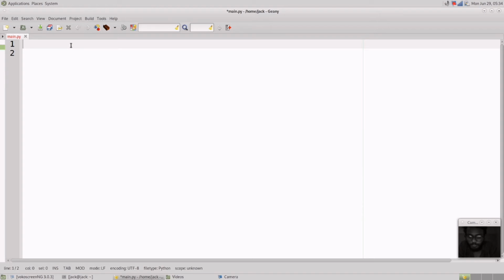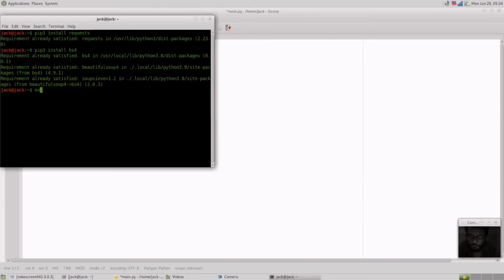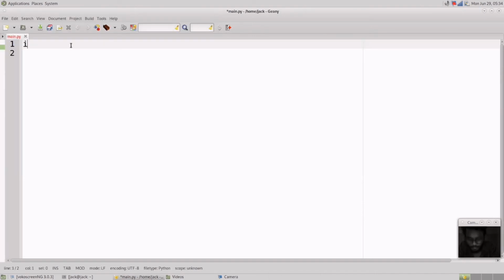So open a terminal and just hit pip3 install requests. You can see requirement already satisfied. Then pip3 install bs4, which means Beautiful Soup 4. Okay, requirement already satisfied, so I will import